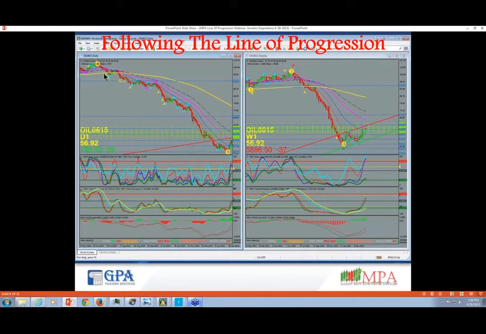Once the daily finishes cycling, it then starts a cycle against the trend of the weekly down and the monthly down. And this line of progression is anticipated in advance. What does that mean? Well, as my 4-hour lower time frame cycles up, my daily bottoms and reverses. Then when they cycle back down, we call this phenomenon a slingshot or a snapback. And the line of progression states very simply, as long as our weekly is turning over headed down,